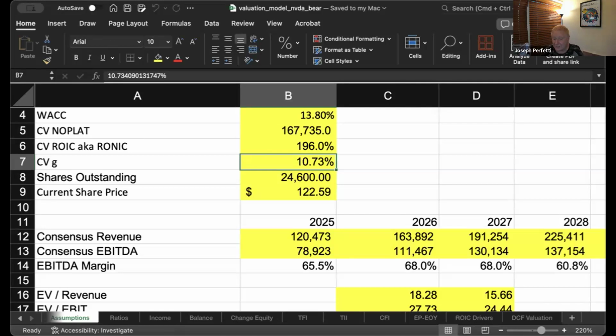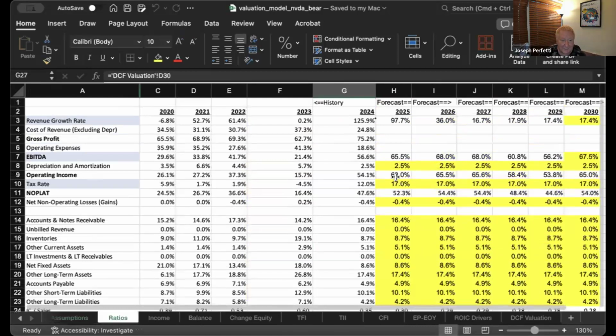I think the biggest question is going to be growth and margin. How much of what we talked about, for whatever reasons we talked about them, is going to lead to lower growth, lower margin, and what would that downside look like? Let's put some context on this. If we have more competition, their EBITDA margin last year was 57%. So growing into the 60s is pretty aggressive, getting better over the next 5 years. If that competition pushes them closer to where they are today, and we would expect most companies to start regressing towards more of a mean, and this number gets down to, let's just call it 60%, which is where they were expected to be in 2028,